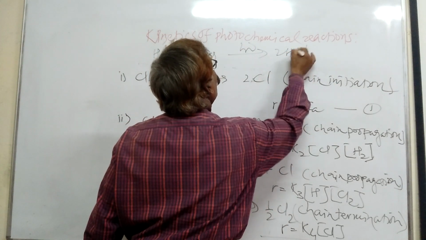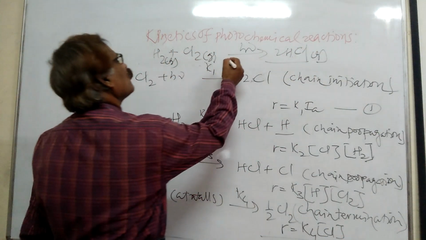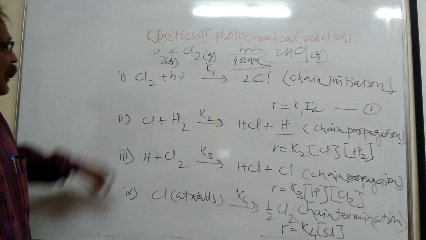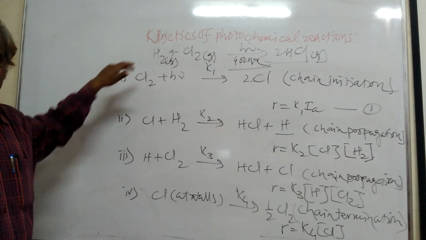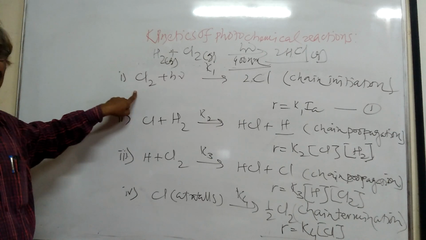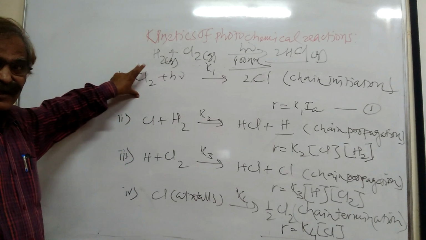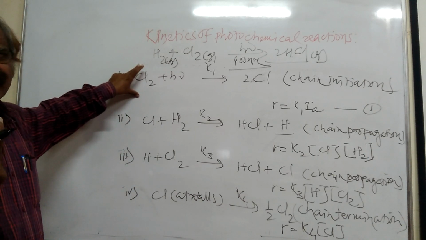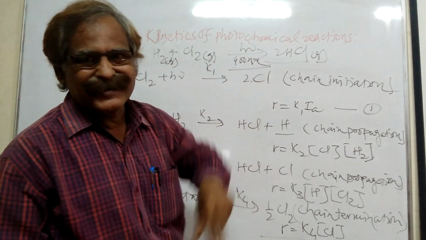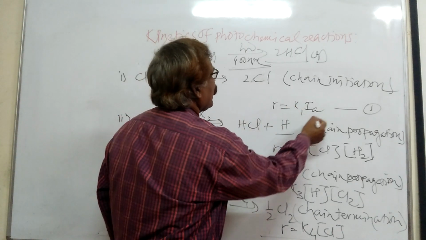This is the overall reaction taking place on absorption of electromagnetic radiation of 400 nanometer, and the mechanism suggested for this overall reaction involves 4 steps. The first step is known as the chain initiation step. Here Cl2 in the reaction mixture absorbs a photon and gives 2 Cl atoms, and the rate of this reaction,